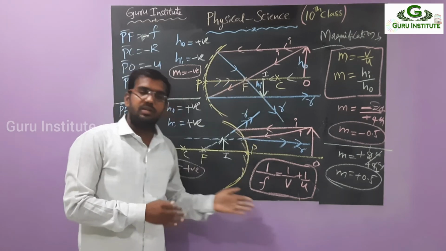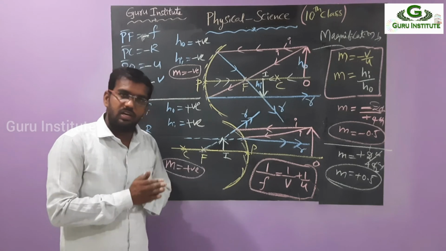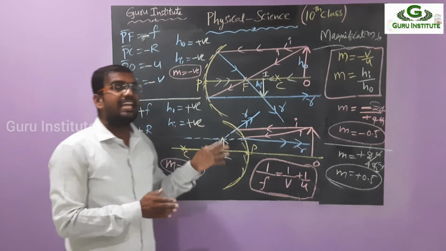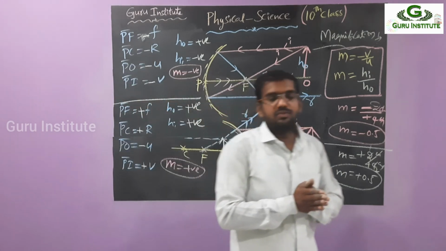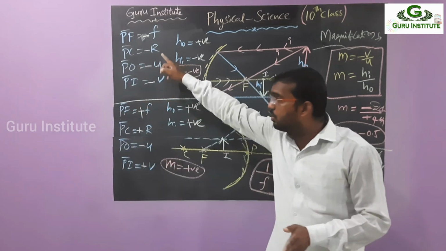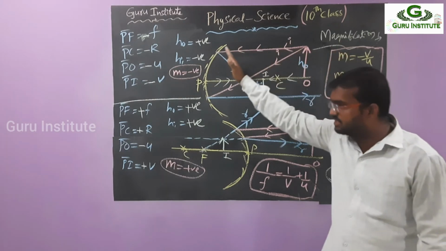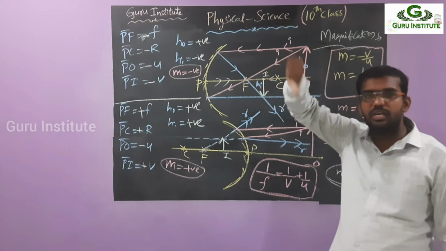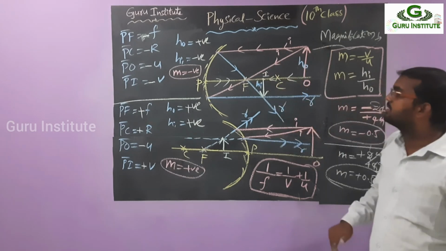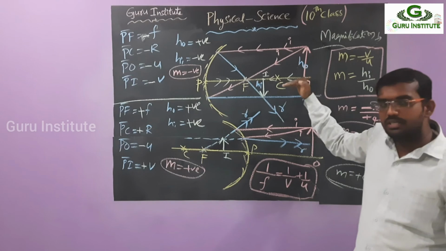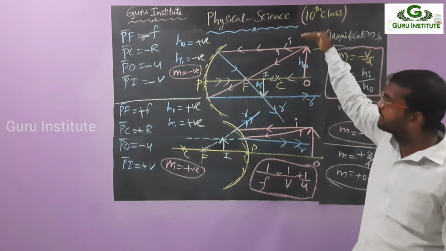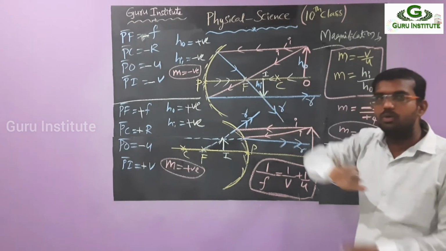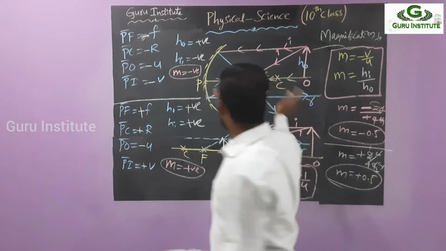Concave mirror, convex mirror, image formation, already we know that, right? In this one, the major properties are the sign convention rules we are seeing today. The first one: all should be measured from the pole only. All are measured in the direction of the incident rays. If they are in the same direction, you take positive. If they are in the opposite direction, you take negative. Next, the third point: distances measured above the principal axis, you take as positive. Those below the principal axis, you take as negative. That is the sign convention.